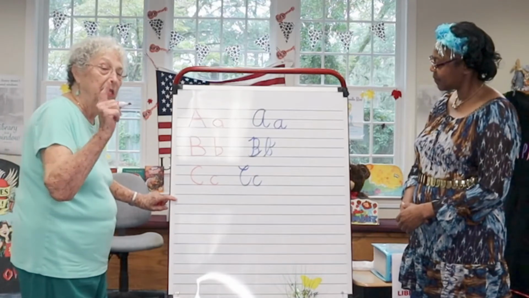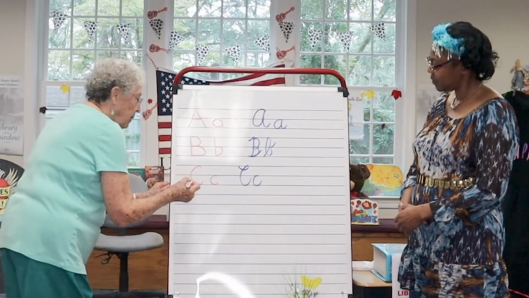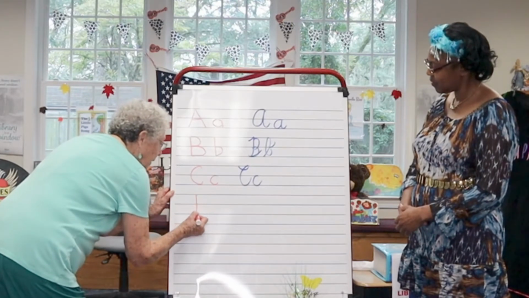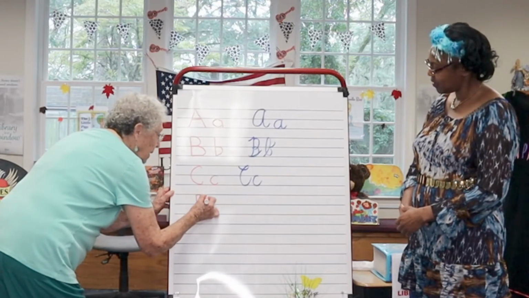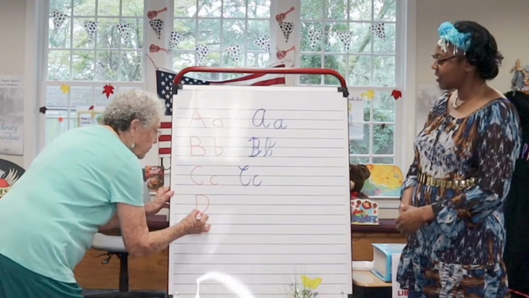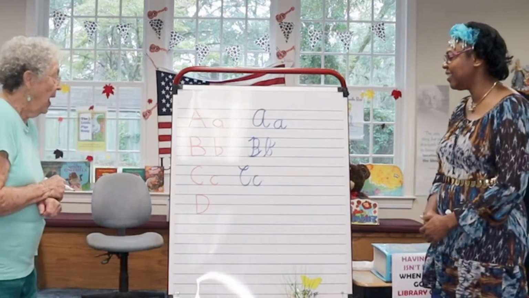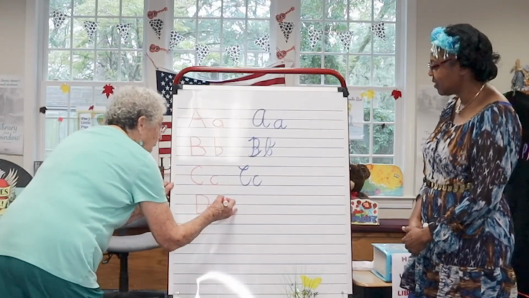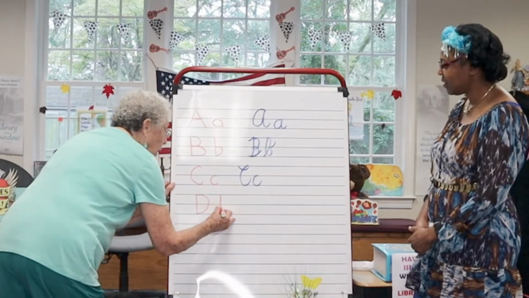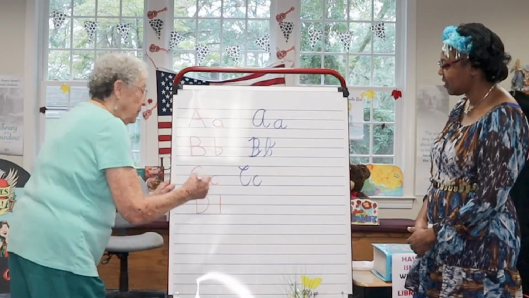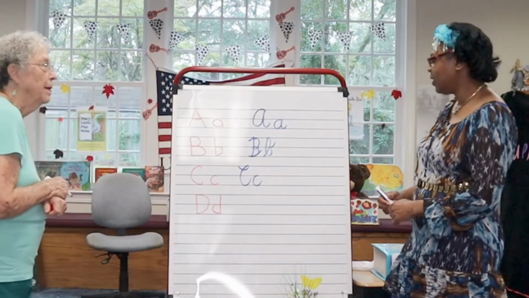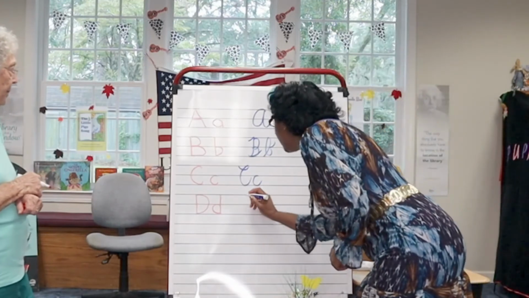All right. Now, we're going to go to D. Remember we did use the D and we turned it sideways to make our porcupine? Well, our D is a vertical line, and then the big curved line that goes from end to end. And the lowercase d looks like a B, only it's turned the other way. Let's see. So D's